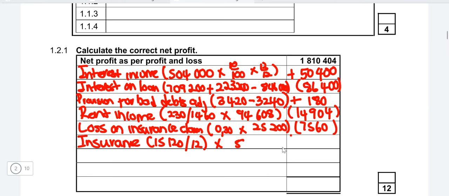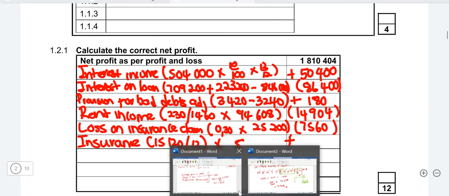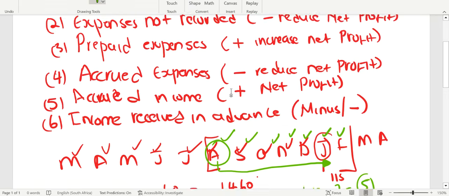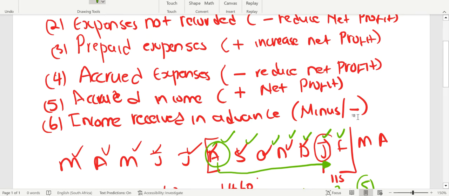Remember, this is a prepaid expense, so it will increase your net profit because at first it was deducted. Remember from our notes I mentioned that whenever we are dealing with a prepaid expense, we are going to increase the net profit. So which means we are going to say